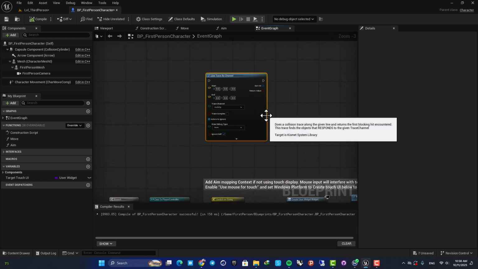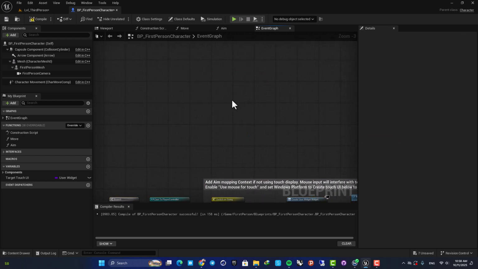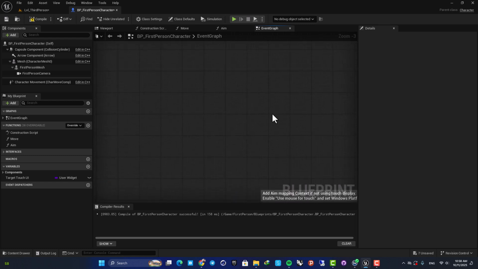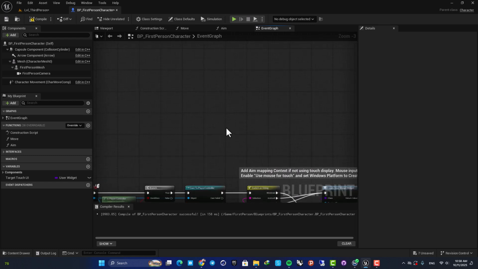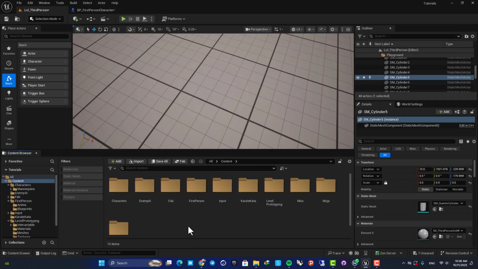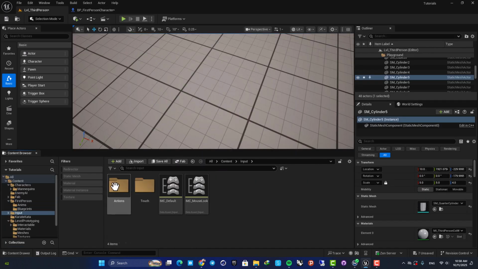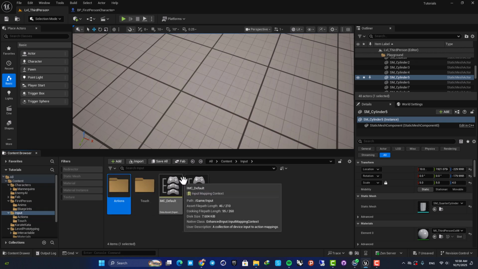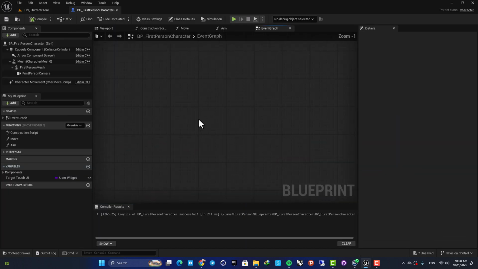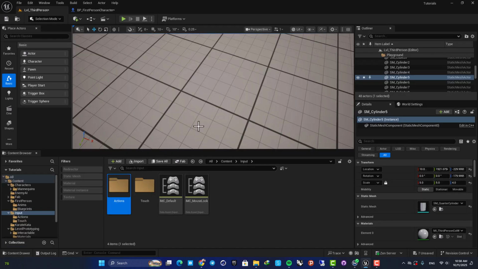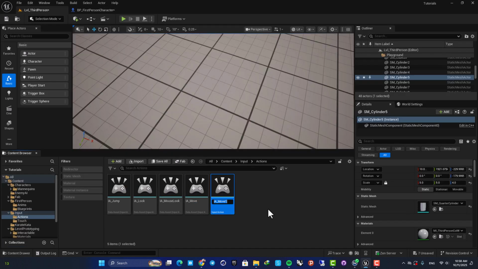So here if I start from scratch, all you need to do is to just first set up your inputs. You can use enhanced inputs. Here in your content you have inputs. Here you can define an action, then use it in the default input mapping context, or you can use simple inputs here, doesn't matter. So here let's go to our actions, duplicate this real quick, name it for example attack,